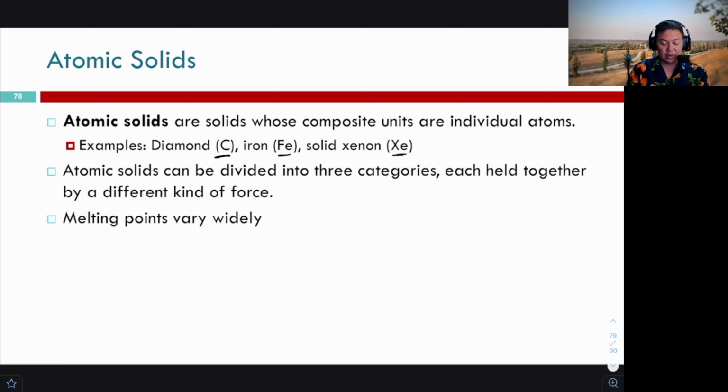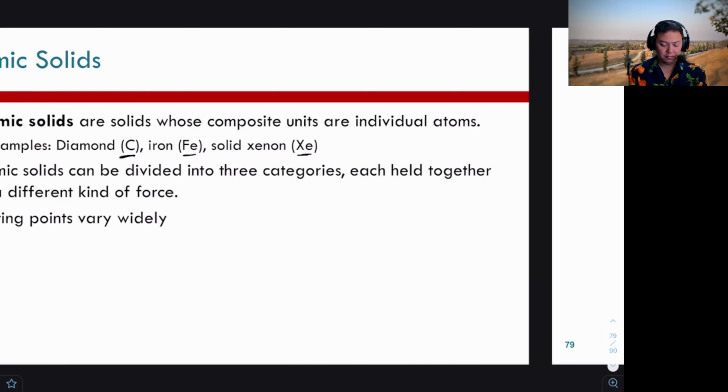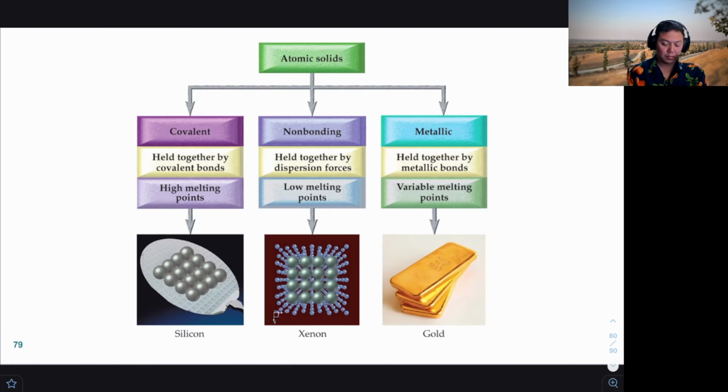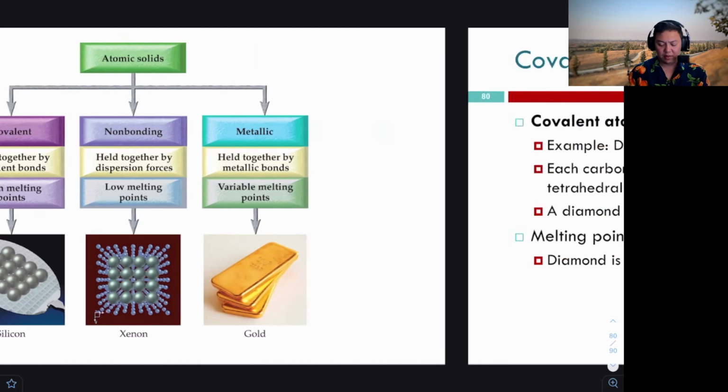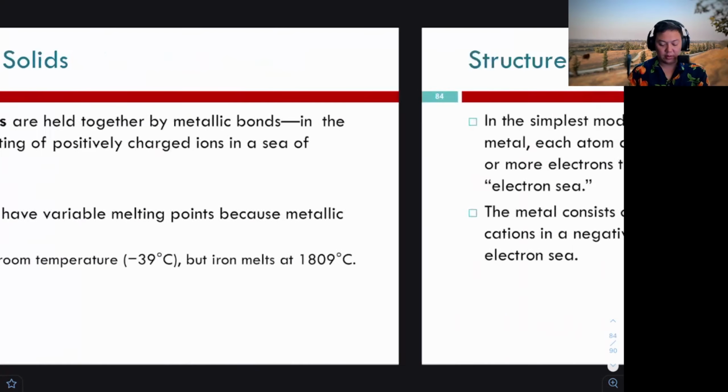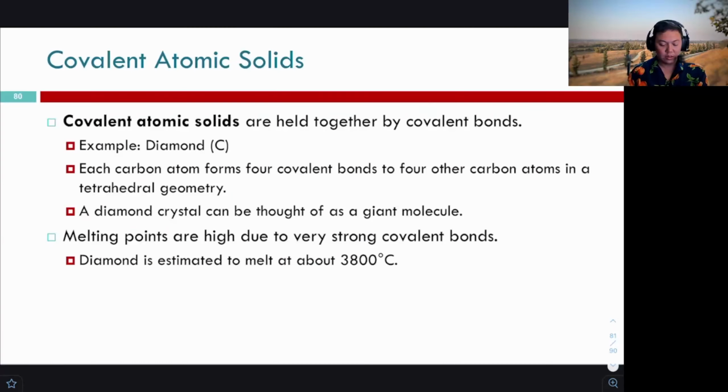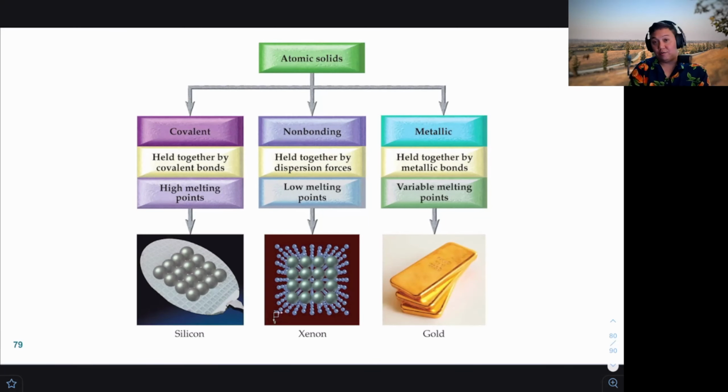So diamond is going to have a higher melting point than iron, which is going to have a higher melting point than xenon. So this is, again, our 3 different types of atomic solids. I think we'll get a tree here at some point that's going to include those. But you can essentially take the flow chart from before, where we had the types of crystalline solids,